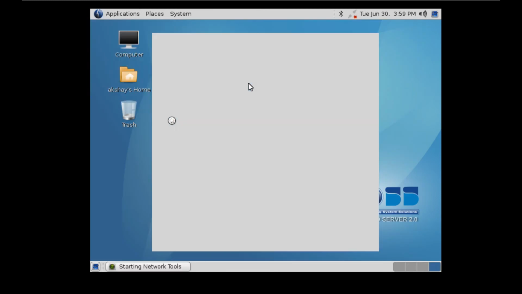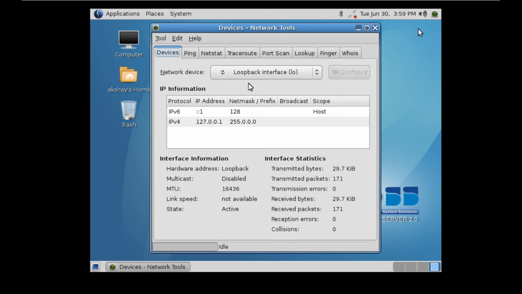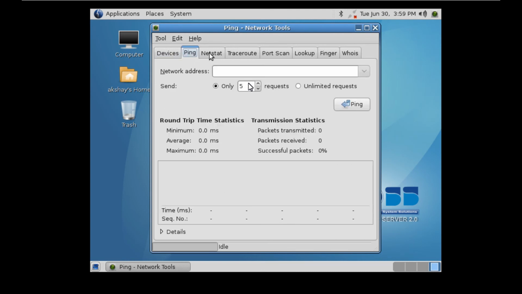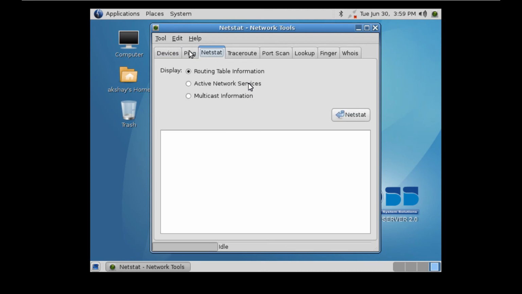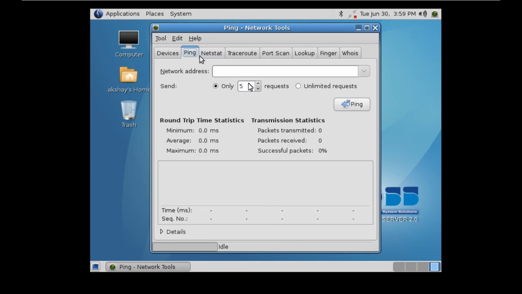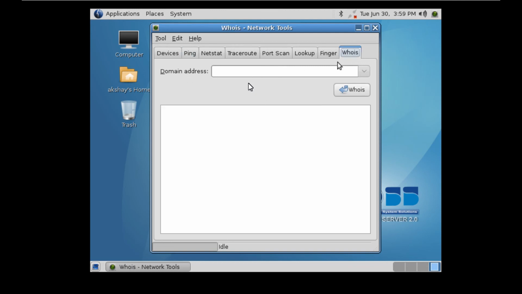That is generally used for traffic analysis. This is another tool, just to check the IP address and whois. I will just show you whois. Let me enter google.com. It will show me all the details of google.com.